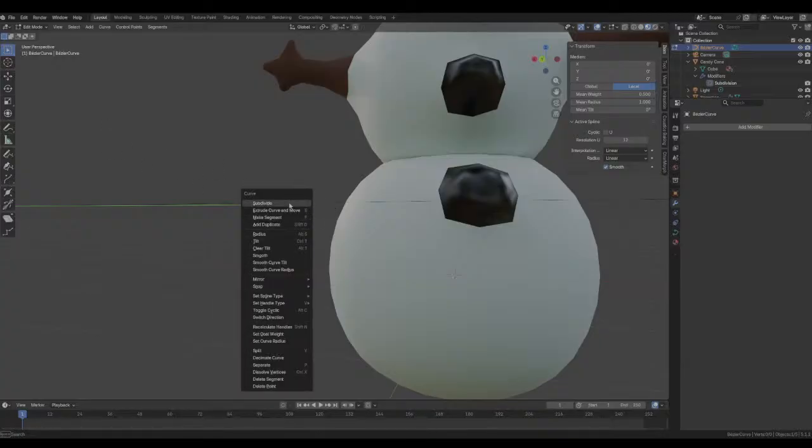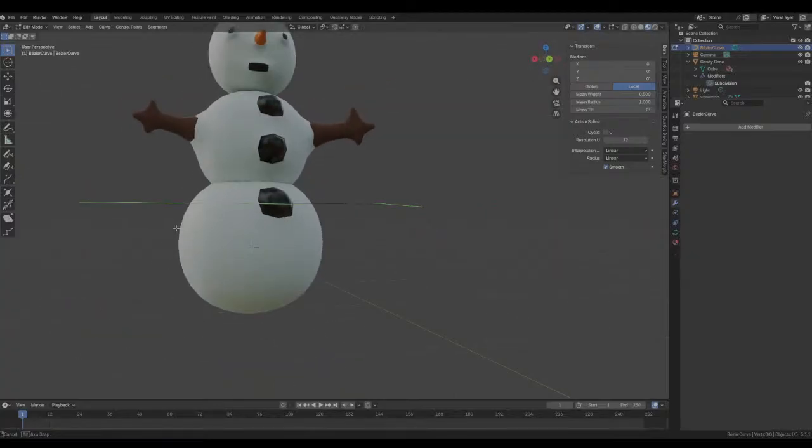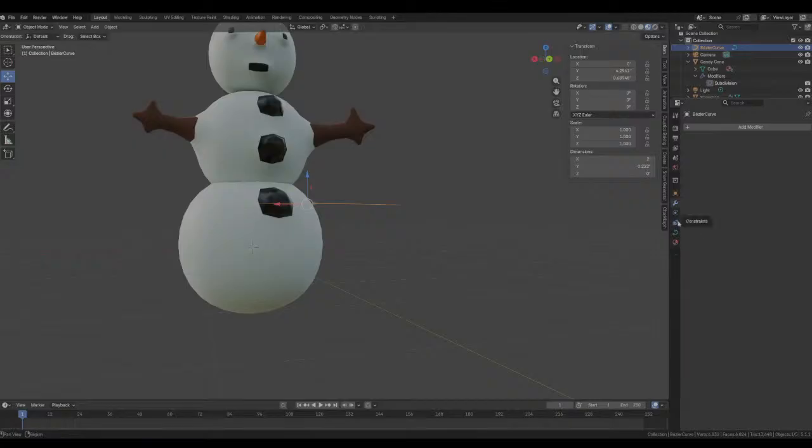I don't see it. It won't let me add a particle system to it.